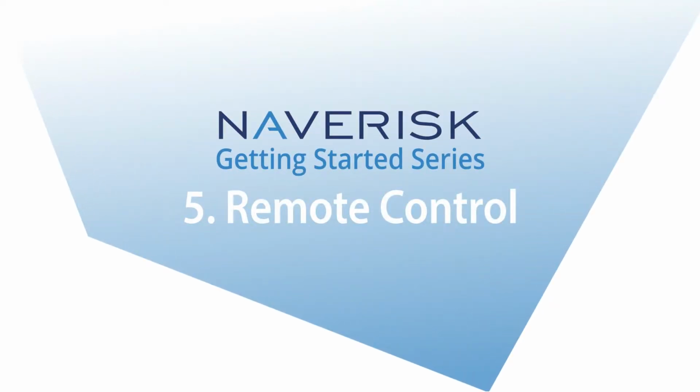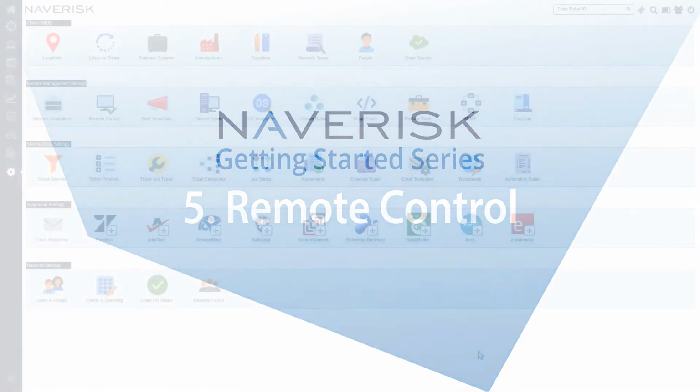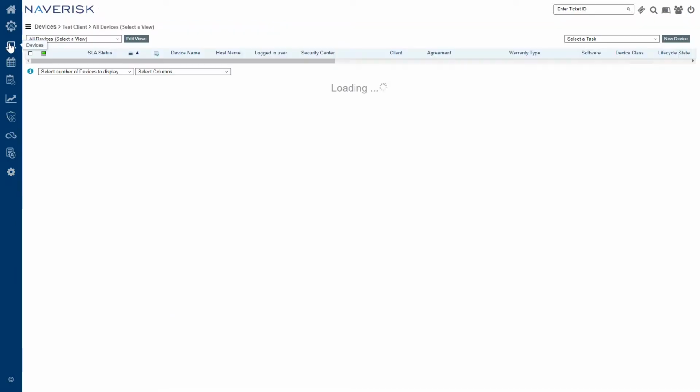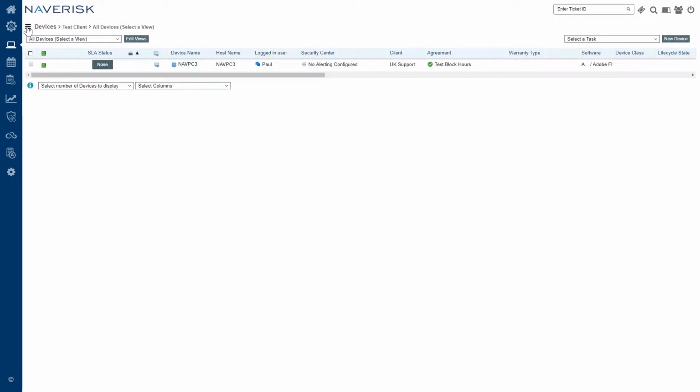In this video we're going to be looking at remote control functionality, how we can set remote control for our devices, how we can set global passwords, and how we can use third-party remote control with integration with Naverisk. So the first thing we're going to look at is, of course, just simply remote controlling to a device in